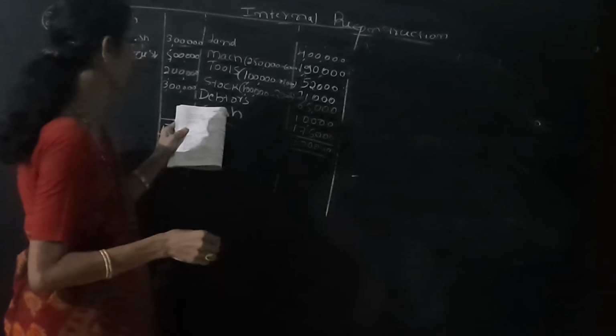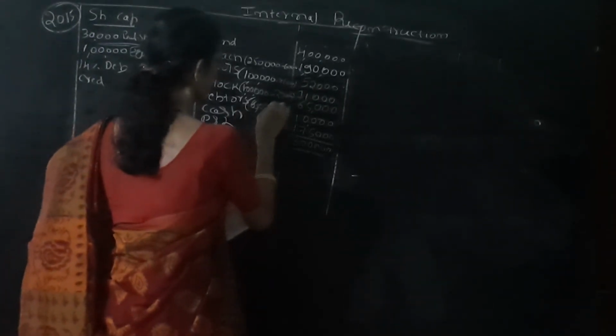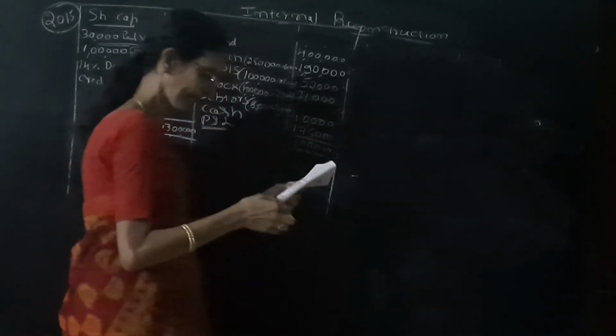Next see debtors. In these debtors we have to deduct the RBD. So RBD is given 8,000. So 65,000 minus 8,000, we get 57,000. Then cash, no changes. So profit and loss account is written off. So leave it. If the asset is written off, then it does not come under the new balance sheet.